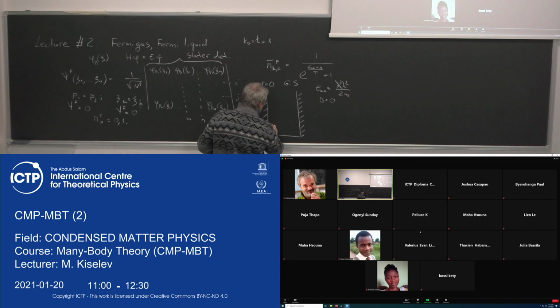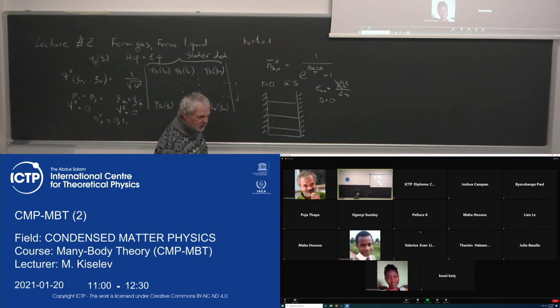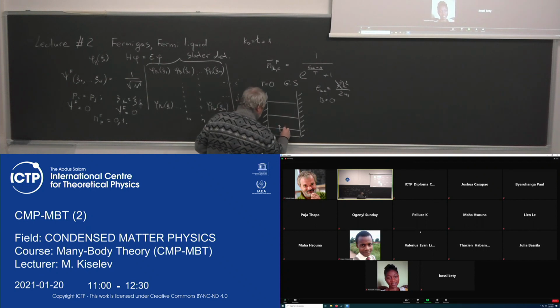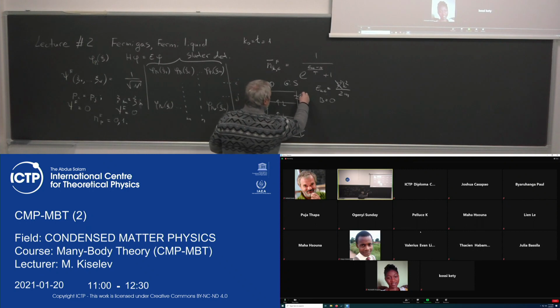degenerate state. So, if I draw energy levels, which scale with quantum number n as n squared, it looks like this, and now in accordance with the Pauli principle, I'm going to put fermions on each level. As I said, at magnetic field equal to 0, each level is twofold degenerate. I can put 2 fermions with spin up and down, and only 2, because these 2 fermions are characterized by a different set of quantum numbers, at least one quantum number, namely the projection of the spin to the quantization axis, is different. So I keep putting, and so on and so forth, until I put everything, and the next level is empty. So there is an energy until all states are filled in,